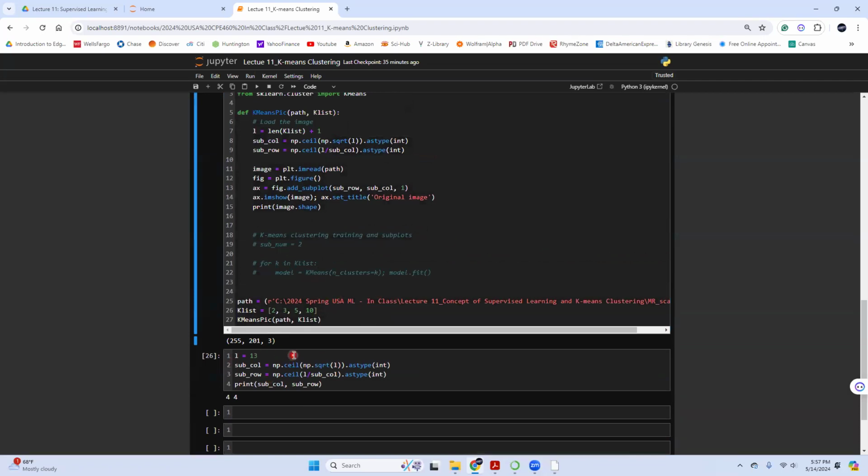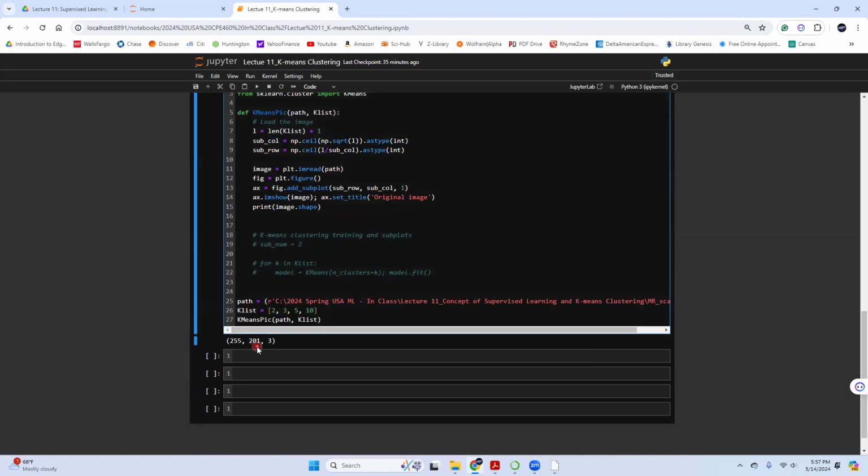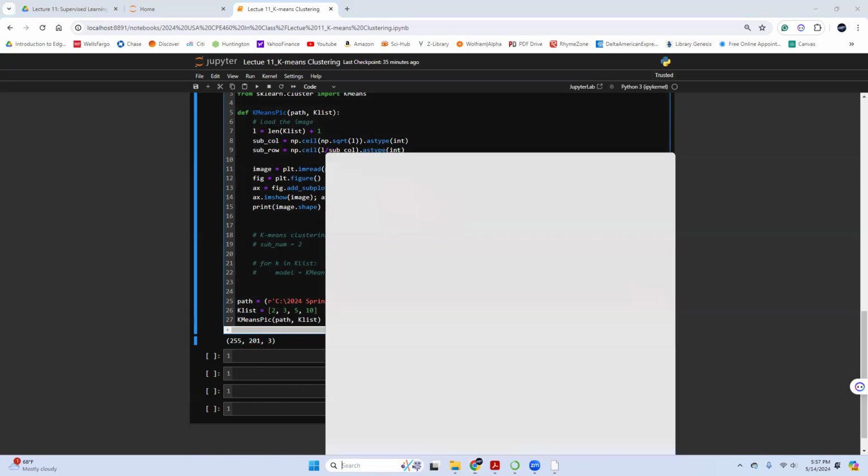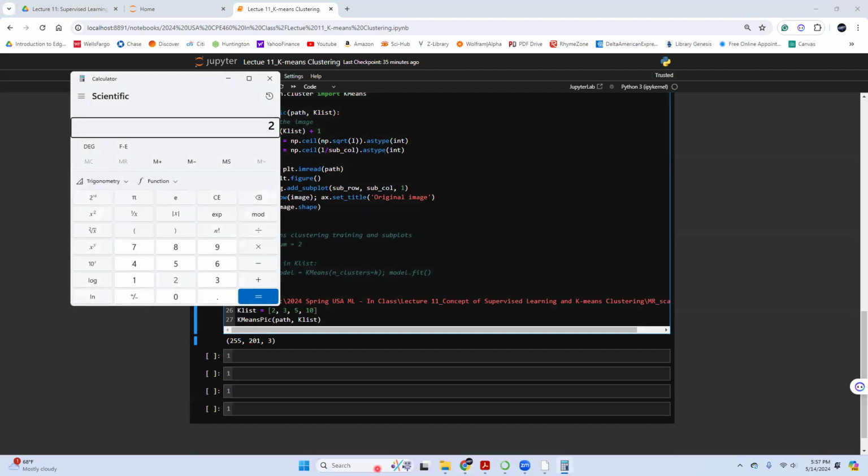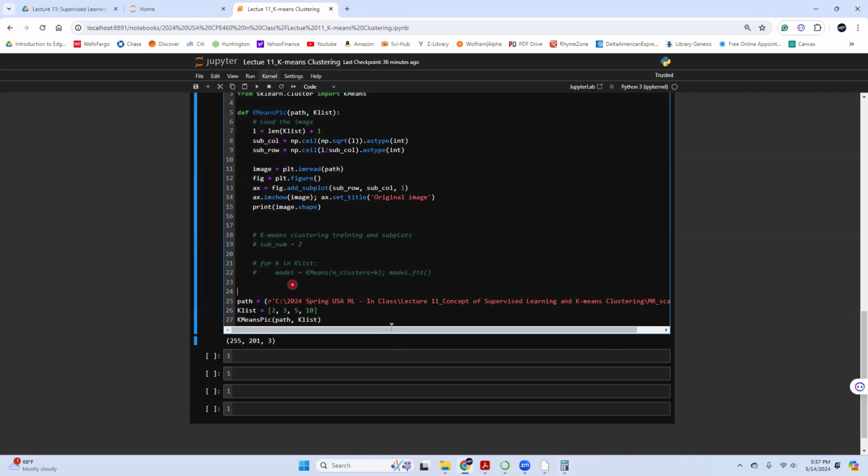Okay. Here we go. It is not what we want, so let me first delete this one. This is a tensor, so it has row, column, and then I don't know what that one is called. What I need is for the data to include only RGB, so I need to make it this way: 255 times 201 equals this number, 51,255. I need to include the 3 columns and these rows. So I need to reshape it, otherwise I cannot fit this way. For sure, it will be an error. If I fit this way, it must be the RGB.